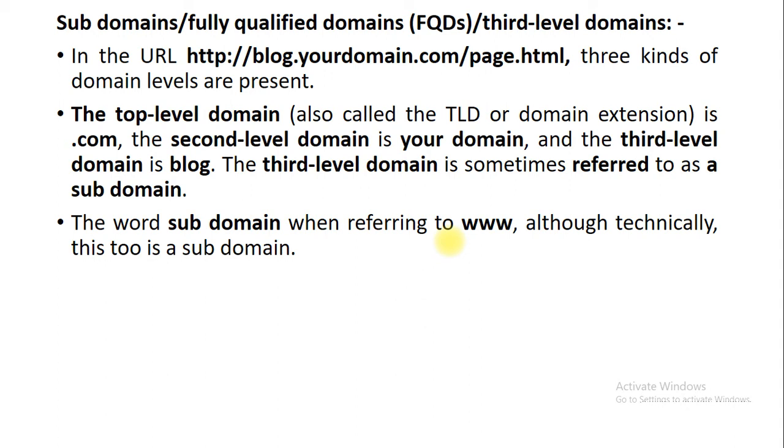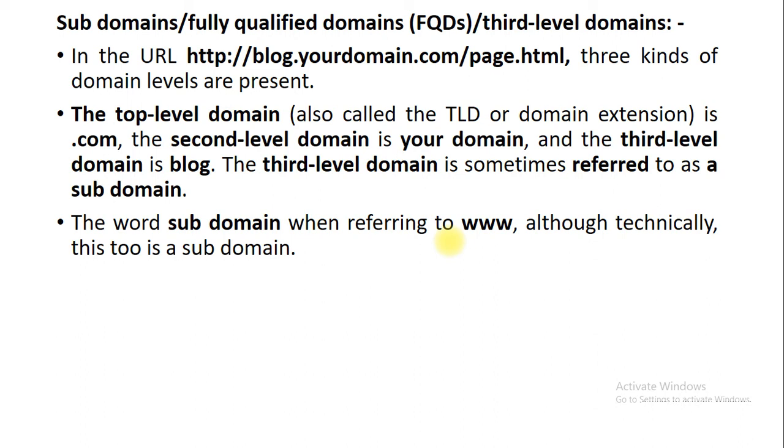Why? Because from the subdomain your site is going to be accessed. I have given the example of Google Maps. You can search for Google Maps directly, or you can use map.google.com, right. So map is the subdomain associated with the second level domain called Google, right. So in this particular link, we have separated the top level domain, second level domain, and third level domain.